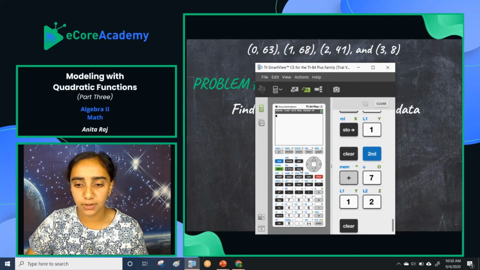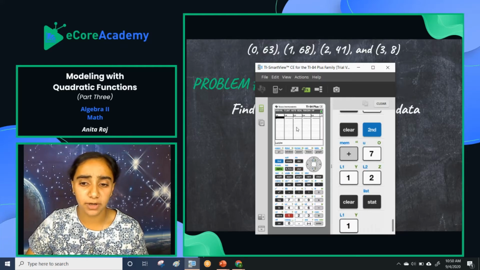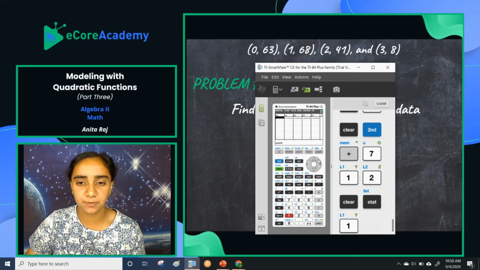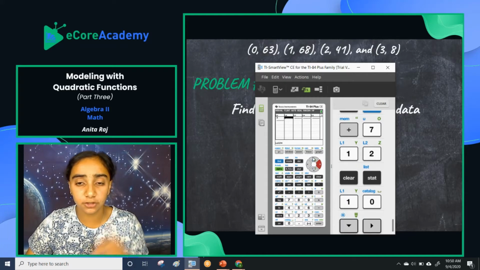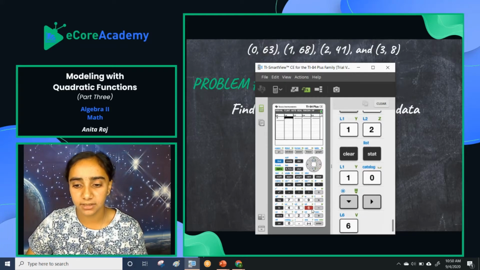To do that, remember you go to stat, and then you hit 1 for edit, and then you're brought to your L1, L2 table, x coordinates in L1, y coordinates in L2. So let's put these points in just like a normal XY table. So the first one would be 0, and then I'm just referring to the points at the top of the slide, 63,